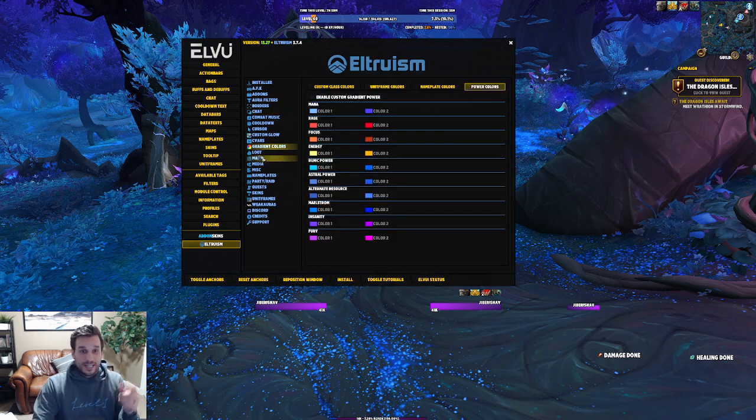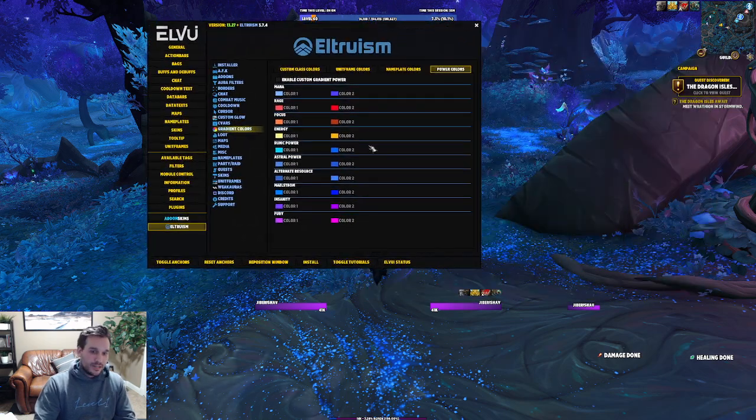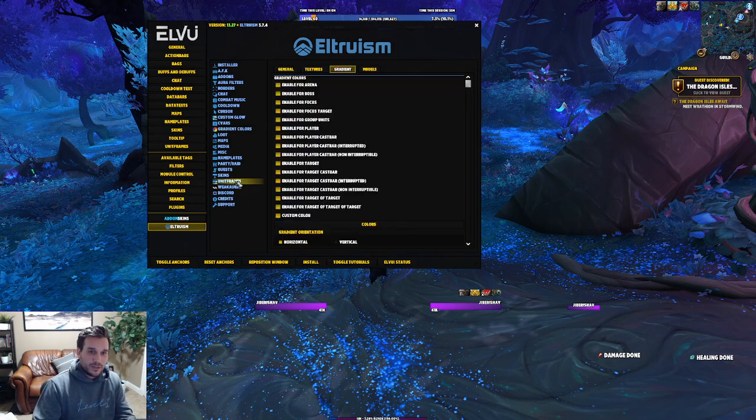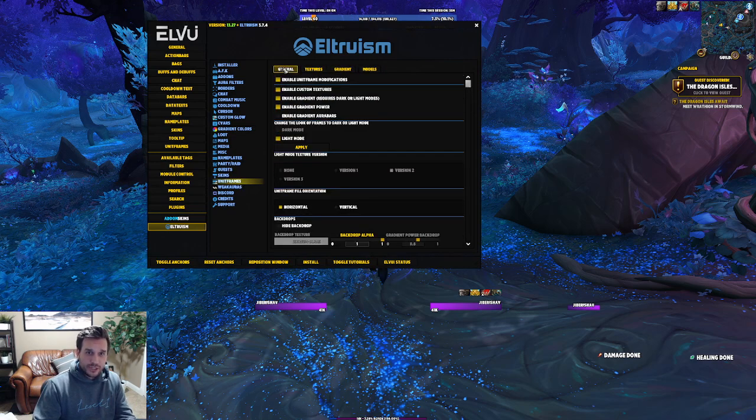It's amazing. And we're just scratching the surface with Eltruism too, because it has so many other things you can do here. Now, let's say you're happy with what that looks like, but okay, I want to do a dark mode. Maybe a couple weeks from now, you see another post where someone added a dark mode feature with a really nice gradient class colored background, for instance. All you have to do is come into unit frames, back into general, turn off light mode, turn on dark mode, apply,